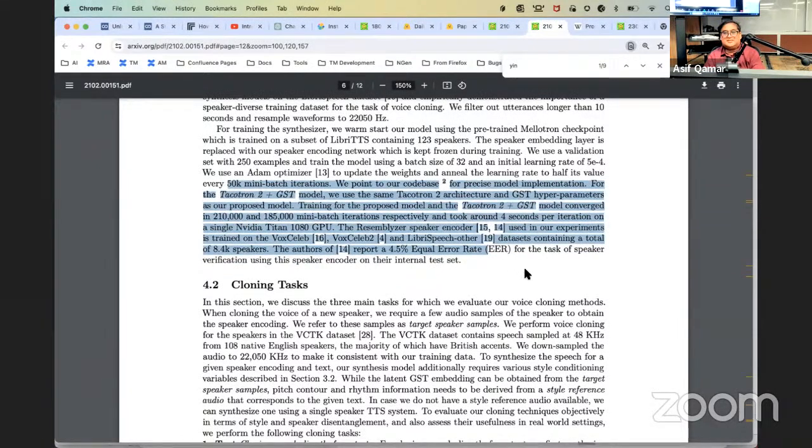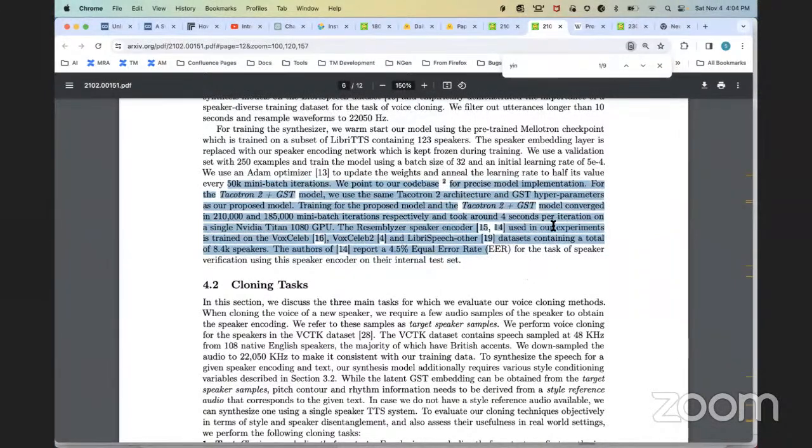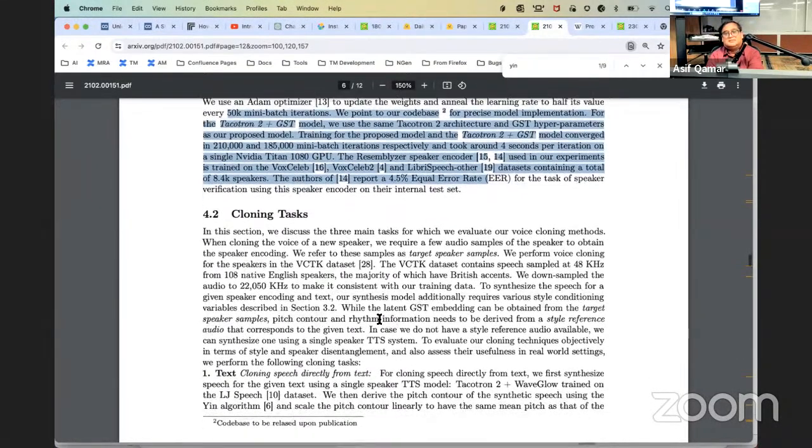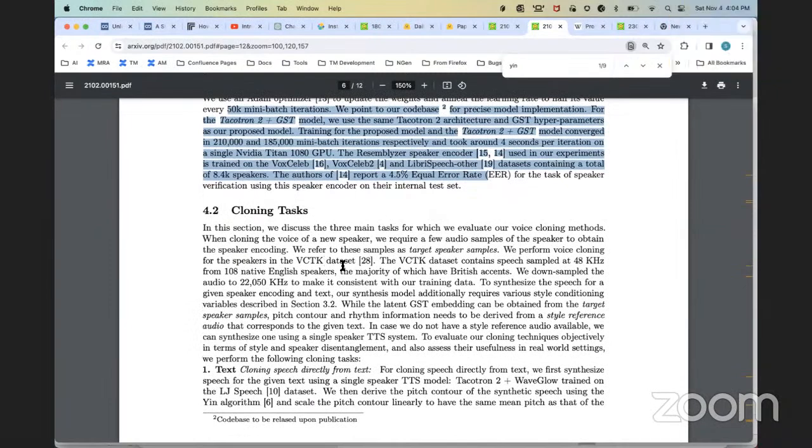This was trained on a single Titan 1080 GPU. Yeah. Took around 4 seconds per iteration on a single Titan 1080. Nice. Very nice. So actually, this raises a